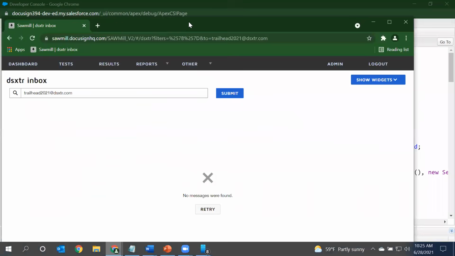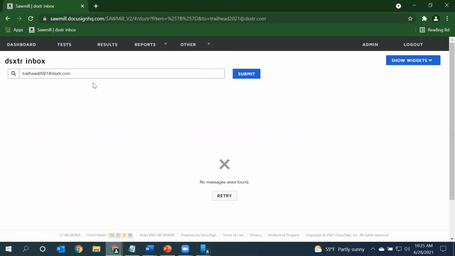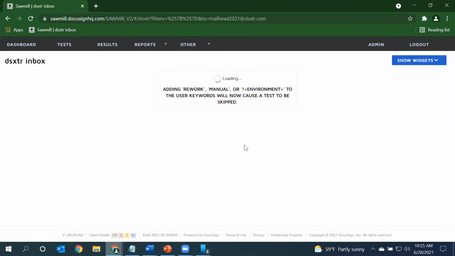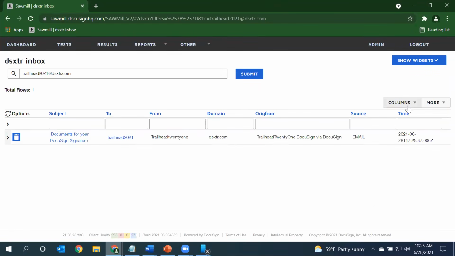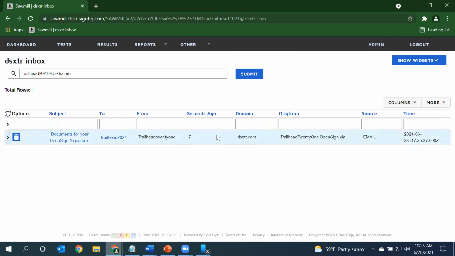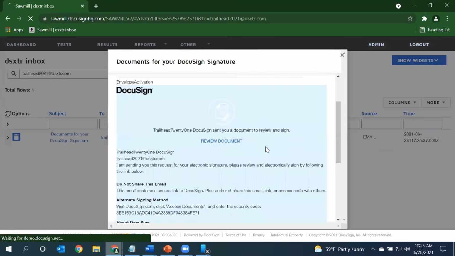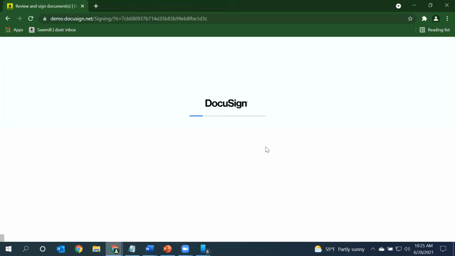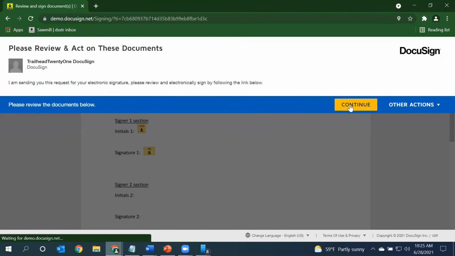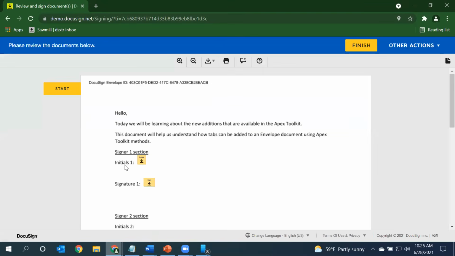Now I'm going to share the email context for the first signer. You'll see we have just received a DocuSign notification 7 seconds before. I click on review document and you'll see the magic here.